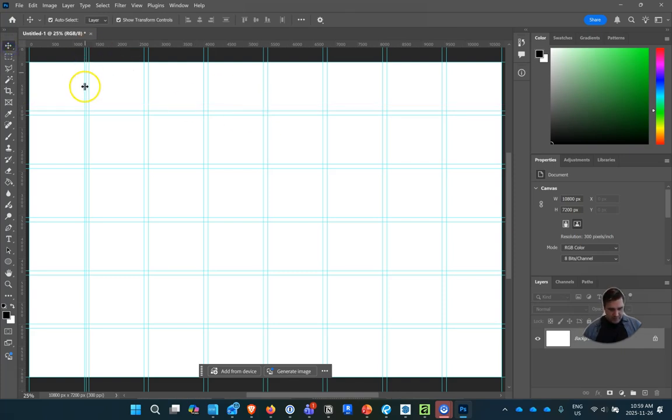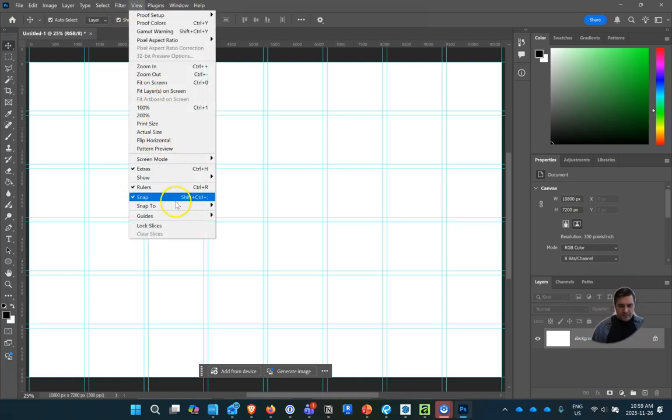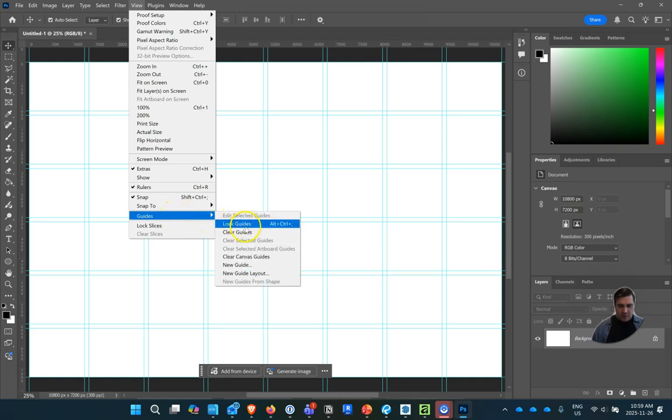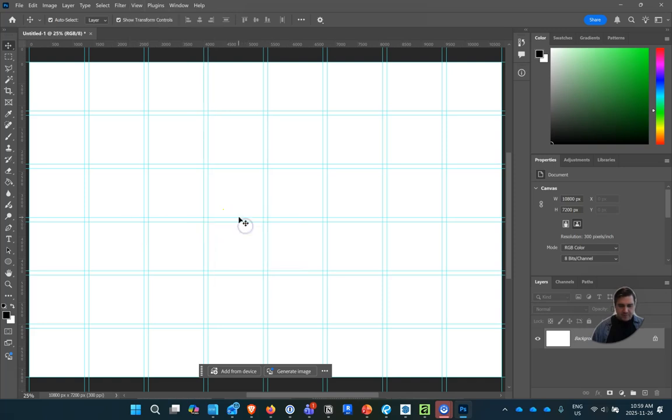We can delete them. I think I have this one here. This guide, so we can just delete those. And then once you set up your guides the way you like, you can lock them. So we can go down here to guides, lock guides. And then you can't really adjust it or move it, but this helps you kind of stay organized with your